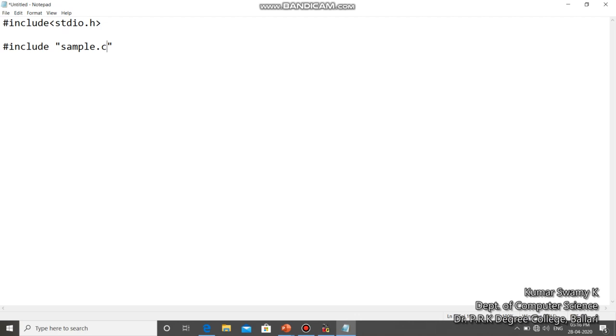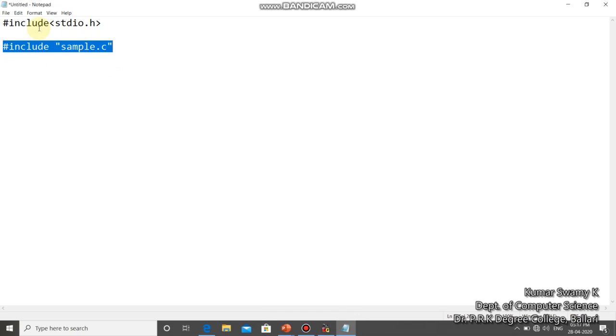What does it mean? In general, the quoted form, which you can see here, #include "sample.c" in double quotation marks, is used to include files written by the users. Whatever we have written will be included.